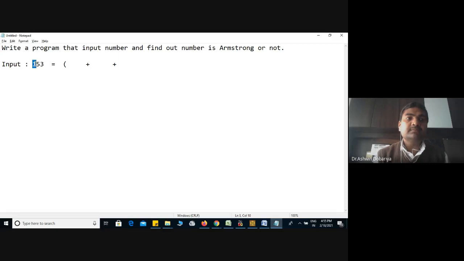Cube of 1 is 1. What is the cube of 5? 125. And what is the cube of 3? 27. So for each and every digit, first you have to calculate the cube.